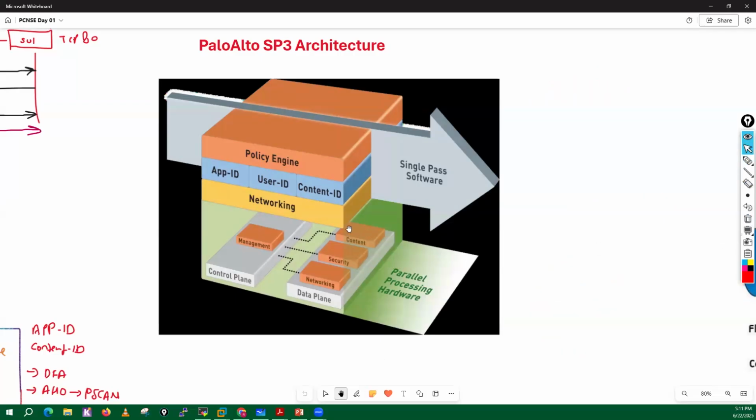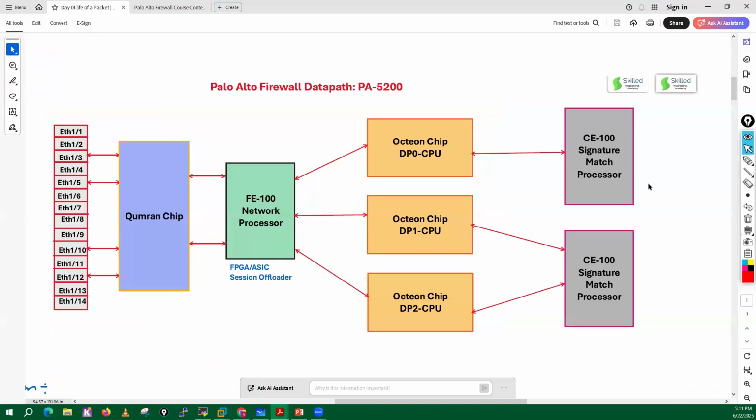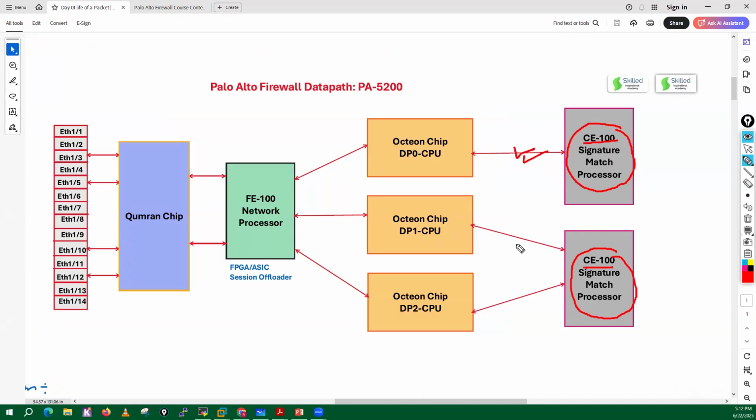So your layer 7 is handled separately, right? And you know guys, one more thing here. See, in high-end boxes, we do not have only a single signature match processor. We have a dual signature match processor, and the chip name is CE100. This is the name of that particular chip. And all those chips are connected with high speed fiber links, and those links are known as Joy links.